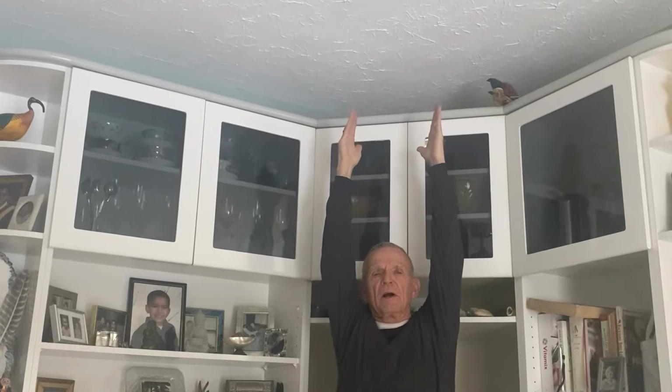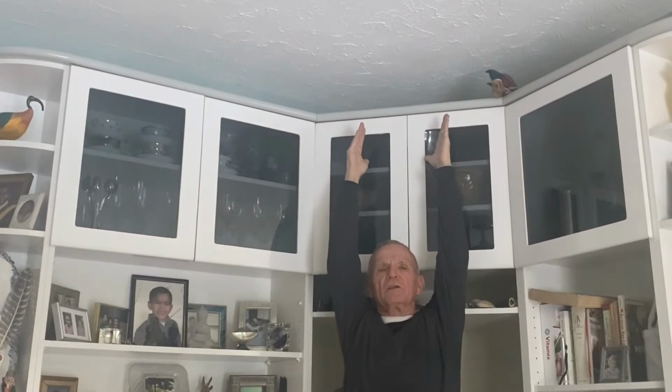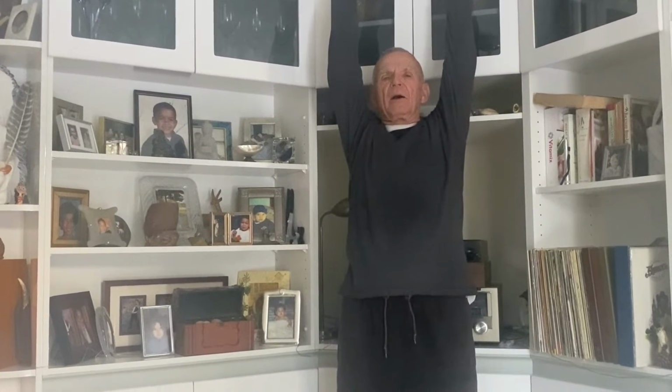Keep your head in neutral. Look straight ahead. Where's the wall? There it is. So there's an arch going on in my back here. I'm on a bit of a slant backwards, and then I'm going to come down slowly, and it's harder coming down because of gravity again, so I'm going to slow down that gravity, and I'm going to really work the muscles in my low back and in my core,